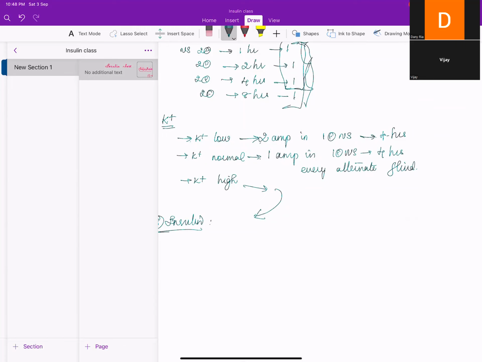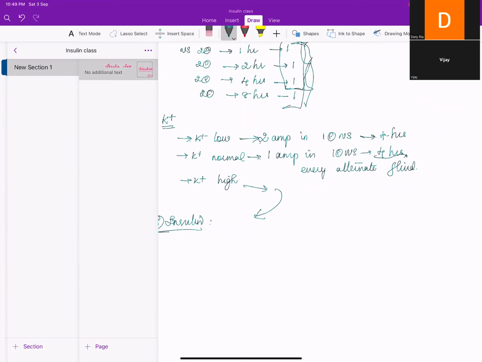Another line. Another line over 4 hours you have to give. Next 4 hours you have to take a break. Okay. Next 4 hours you have to give 1 ampule. It all depends on how you treat only. Suppose if line is not accessible,